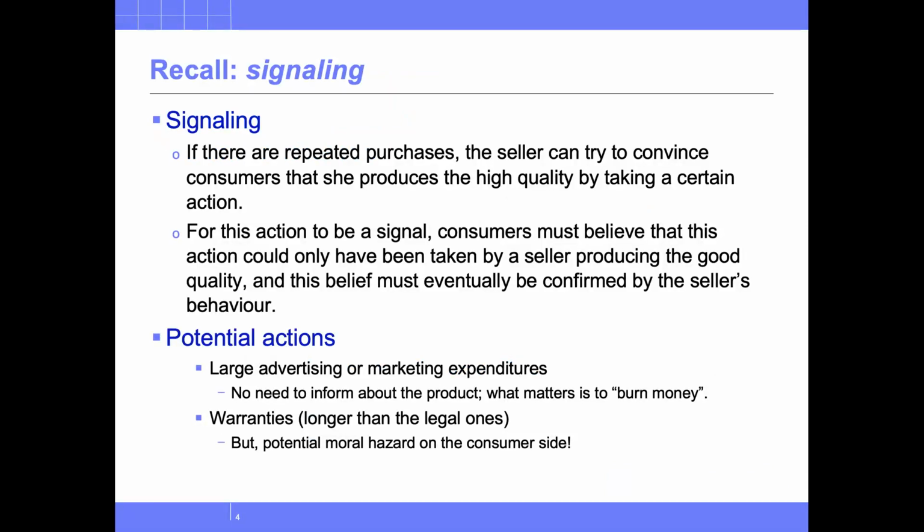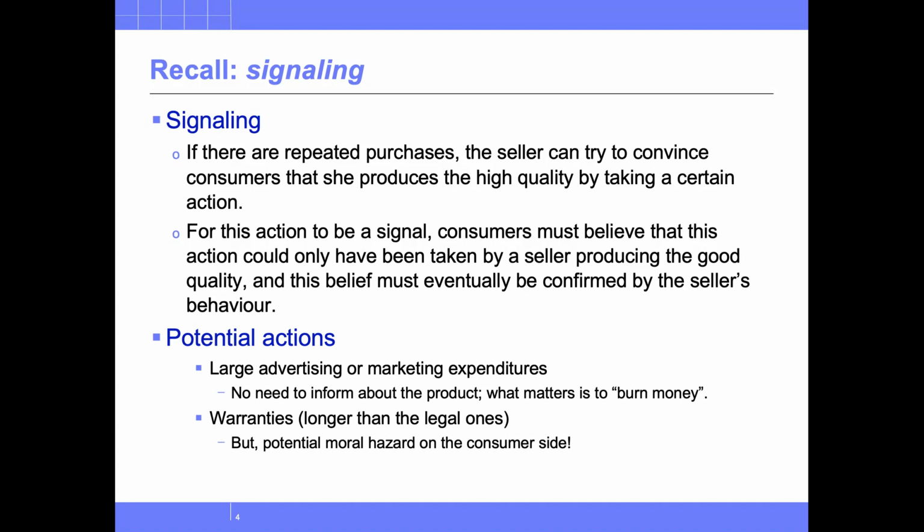Right, let me first remind you what we have been covering so far. We are dealing with problems of asymmetric information. Typically, buyers know less about the quality of products than sellers do. And so sellers need to find a way to convince consumers that they produce high quality. And we've seen that in situations where there are repeated purchases, so a repeated interaction between buyers and a particular